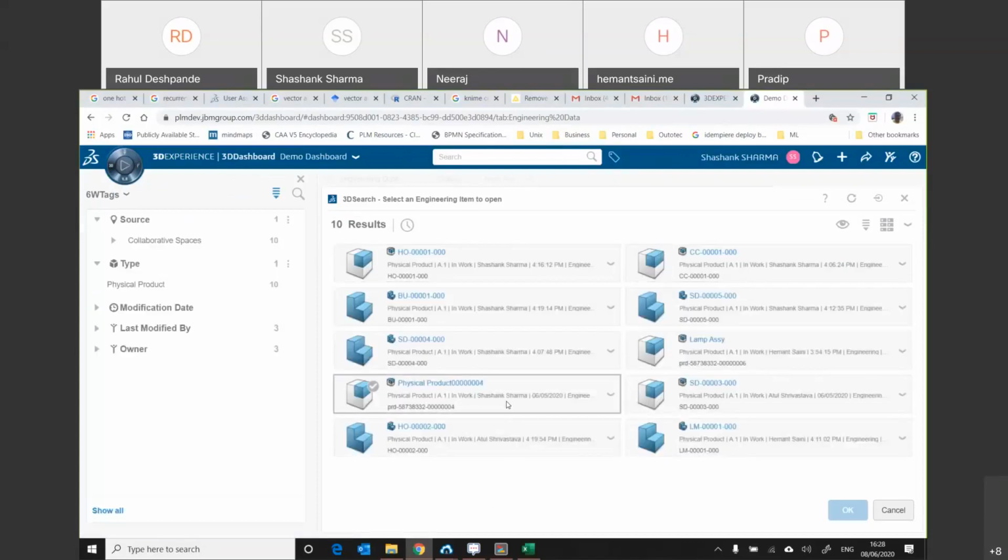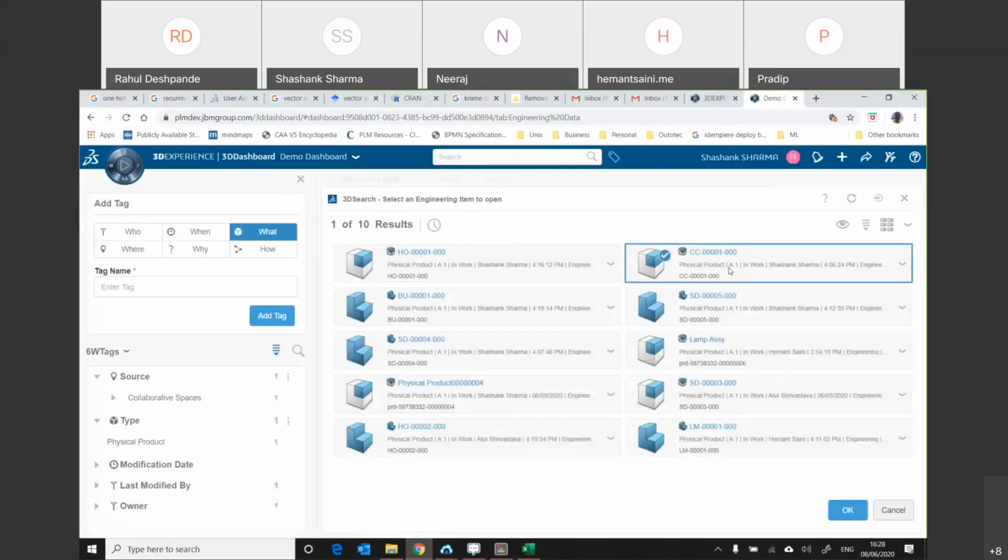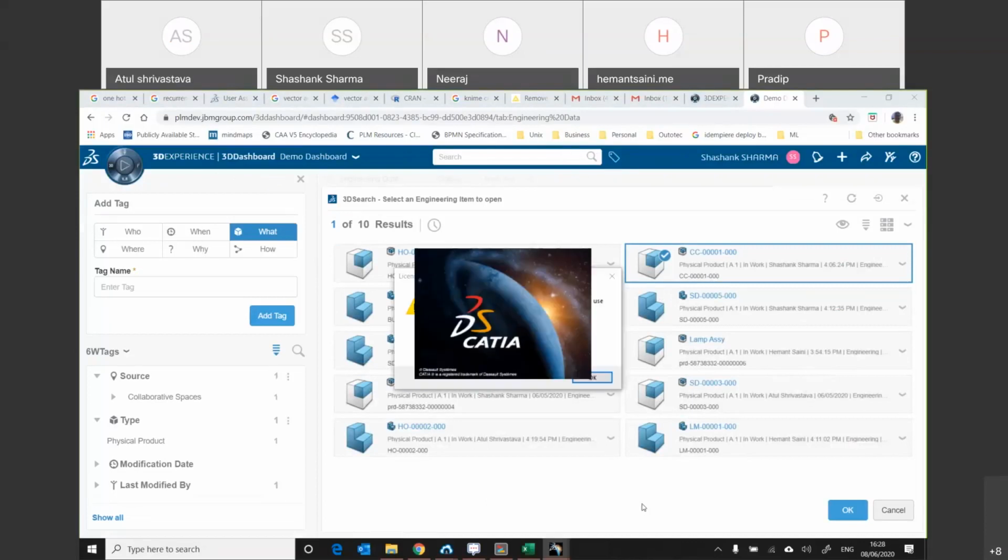I remember my part, so I can just go and say open with CATIA V5. Through search, I can directly open my part.